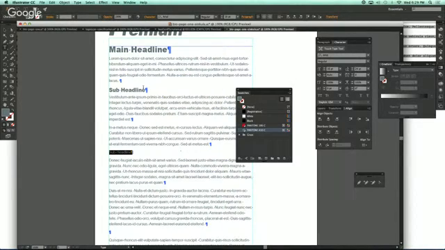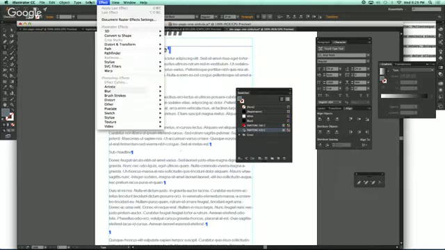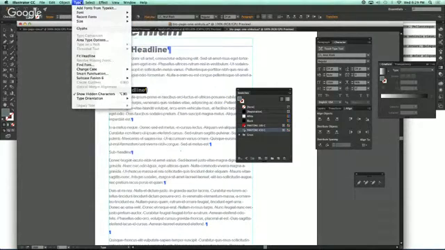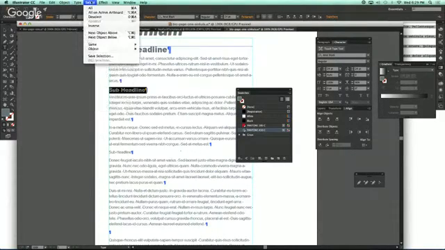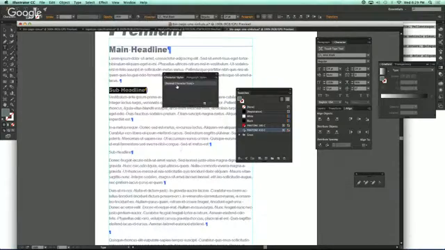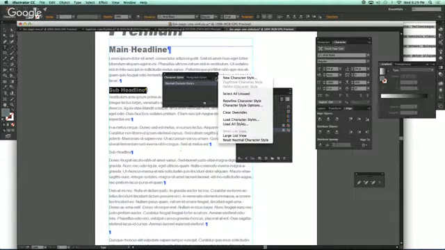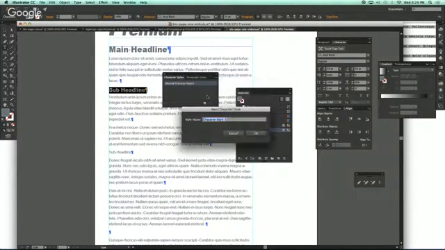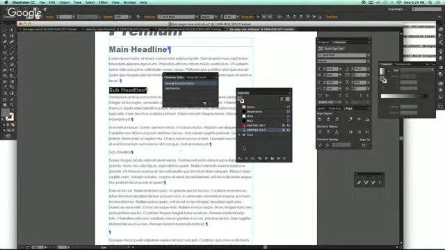And again, this is where, let's try styles. View, type. Where is it? Where is it? View, window, type, character styles, normal character style. New character style, sub headline, okay. So if I opened up sub headline,